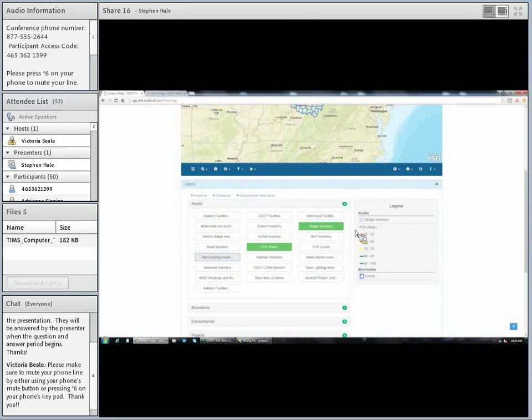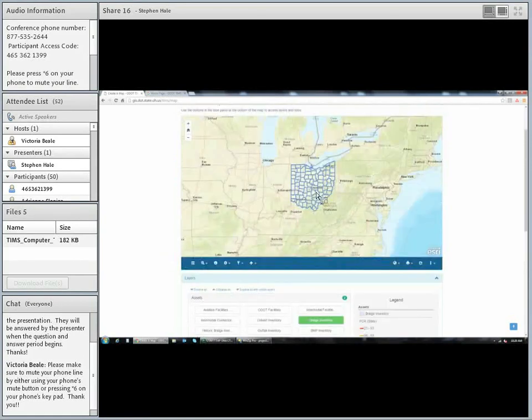And then I scroll up to my map and I don't see either the bridge or the PCR. That's because we have a scale dependency, which means you have to zoom in on the map to see that data. Because if we displayed all of that data as it stands with this extent, it would take a while to show and it wouldn't be very meaningful. So once you zoom into the map,